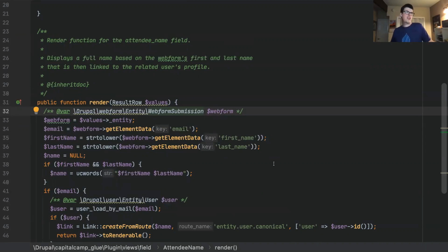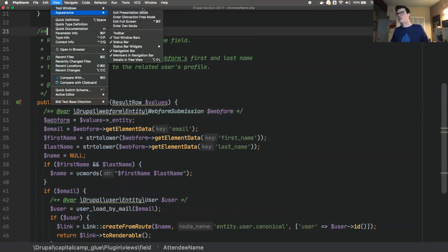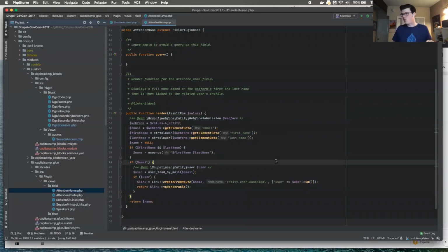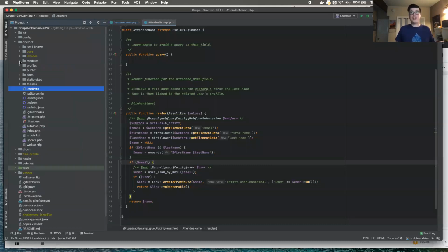Another question from chat: how much of the benefit that we're discussing today also translates to non-Drupal work for those of us more often in Twig, CSS, et cetera? You absolutely can set up your IDE using ESLint or CSSLint, coding standards. Most of what I'm showing you here is really drilling down and focusing on the PHP aspect of it. But you can absolutely configure for JavaScript, Sass, non-PHP development as well.